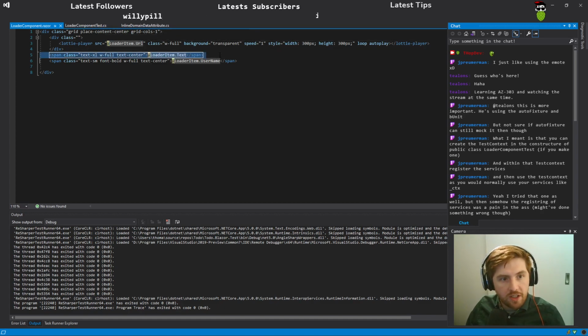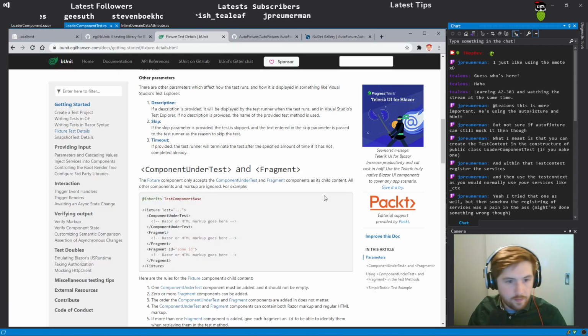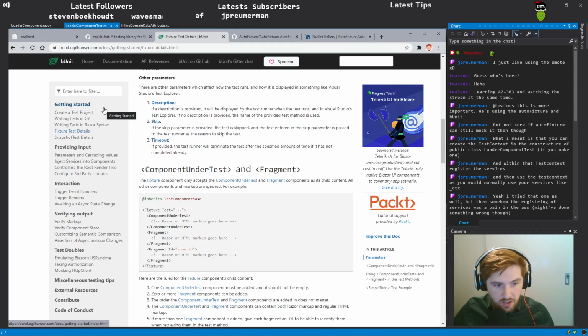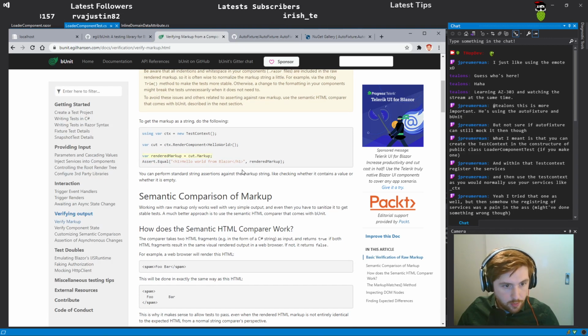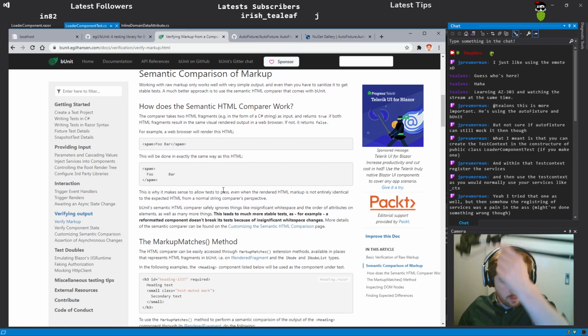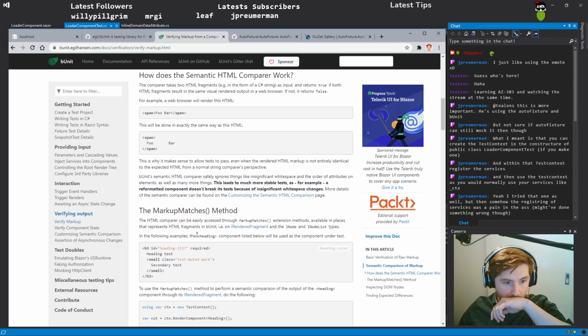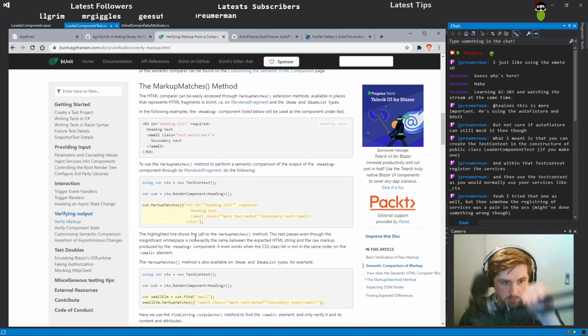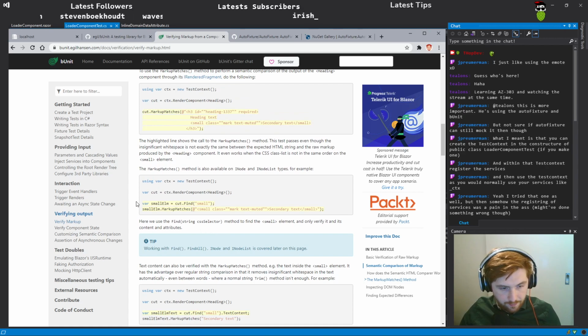And then we want to make sure that this has the value. I have actually no clue how to do that. Verifying markup, yeah. That's pretty cool. That finds